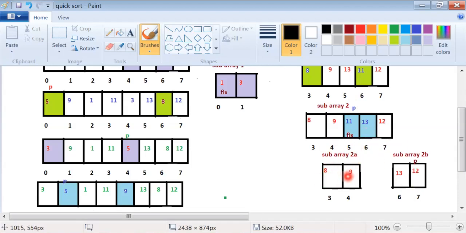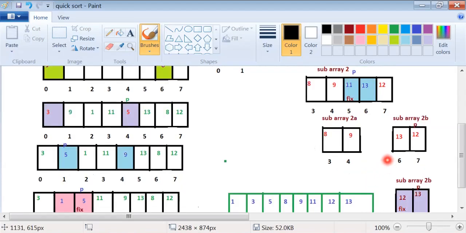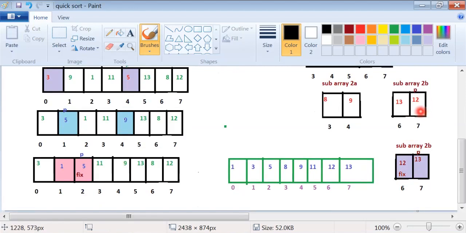8 and 9 is a sorted array, and 13 and 12 is an unsorted array. Let the pivot value be 12. Then we search from right to left, and no value is there. Then we search from left to right, and 13 is a greater value than 12.